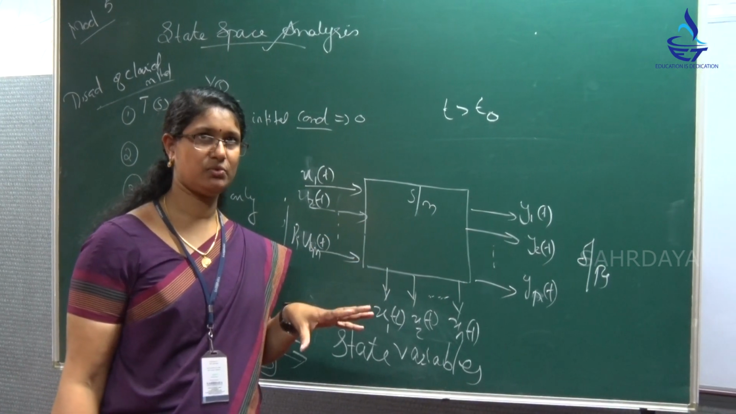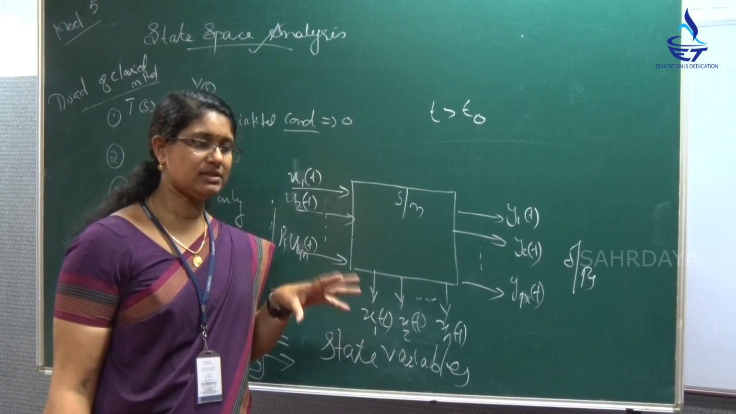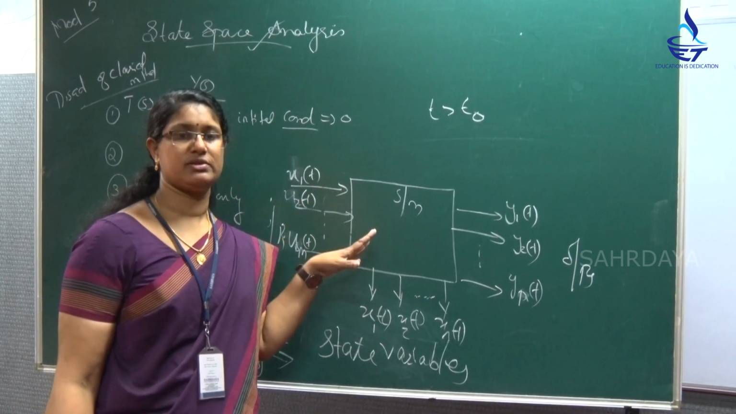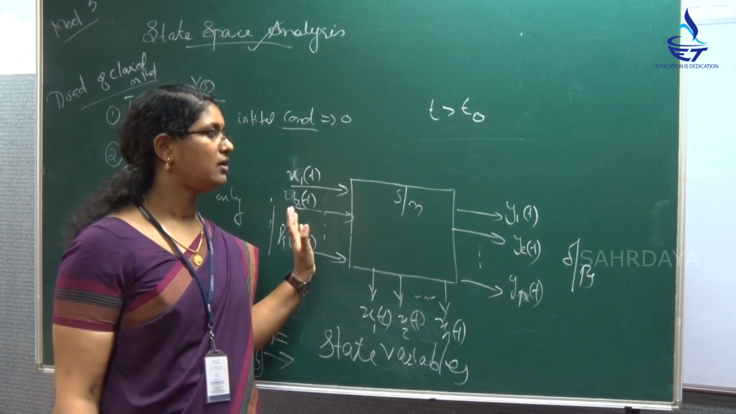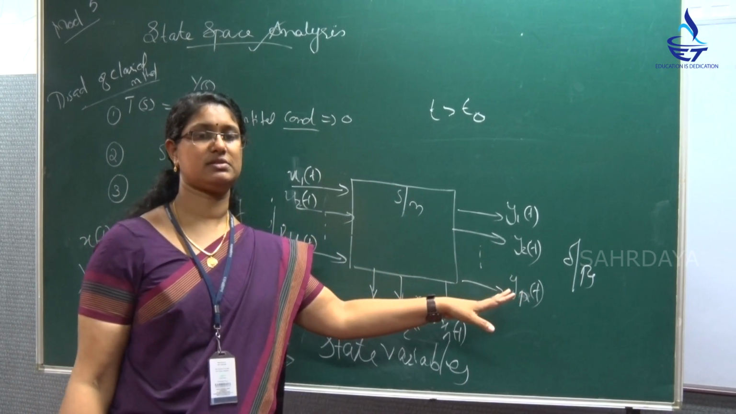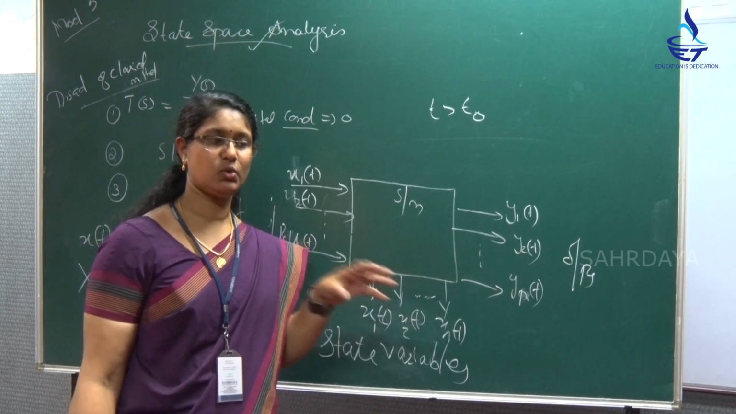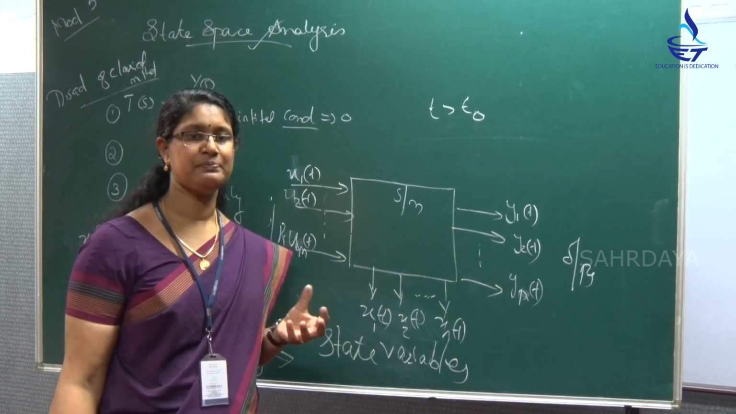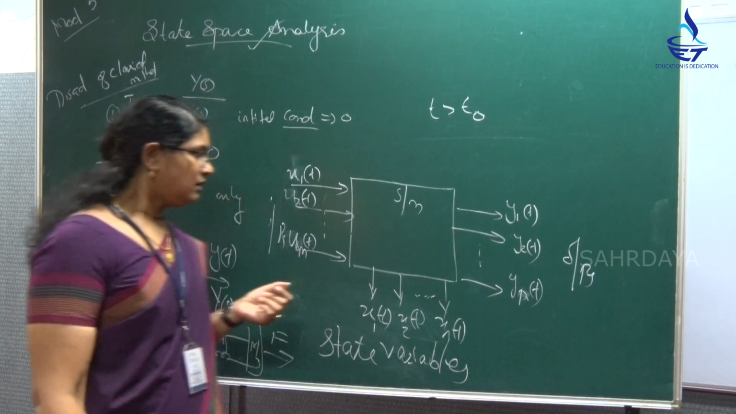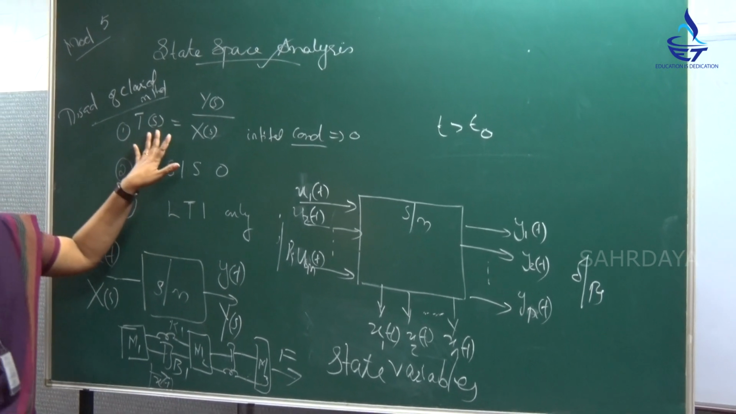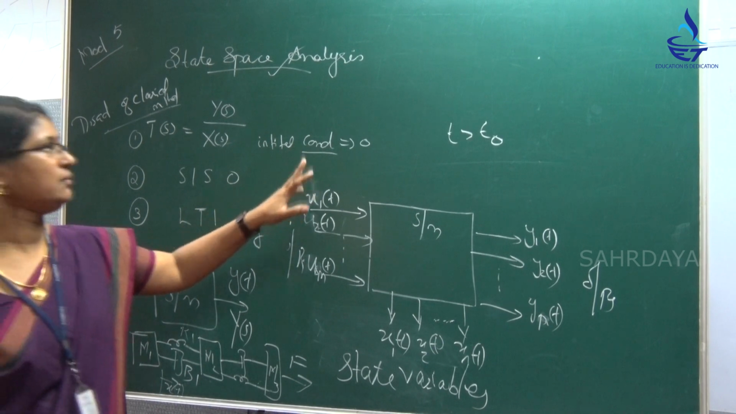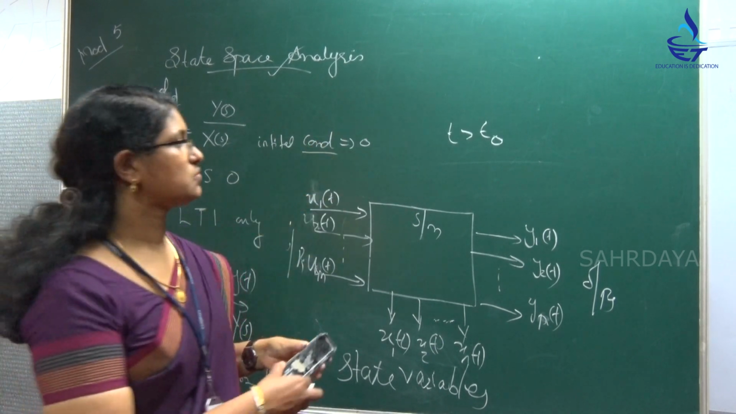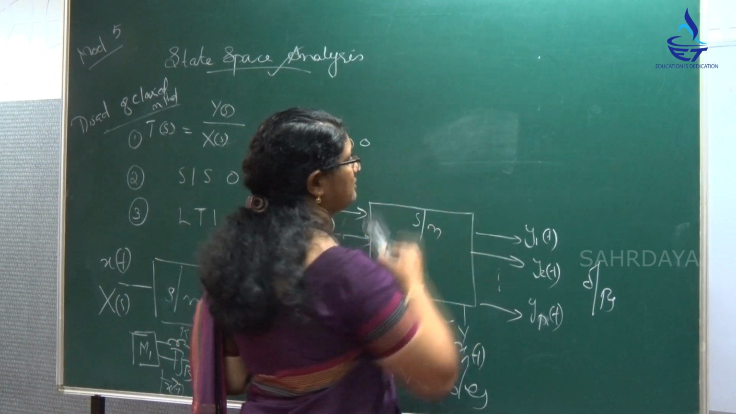So the minimum set of variables along with the inputs and their initial values, if you are able to know, you will be able to predict the behavior of the system in future. So those minimum set of variables are called state variables. Now transfer function approach, we have a general formula. Transfer function is output by input with initial conditions 0. And in state space analysis also you can have a generalized